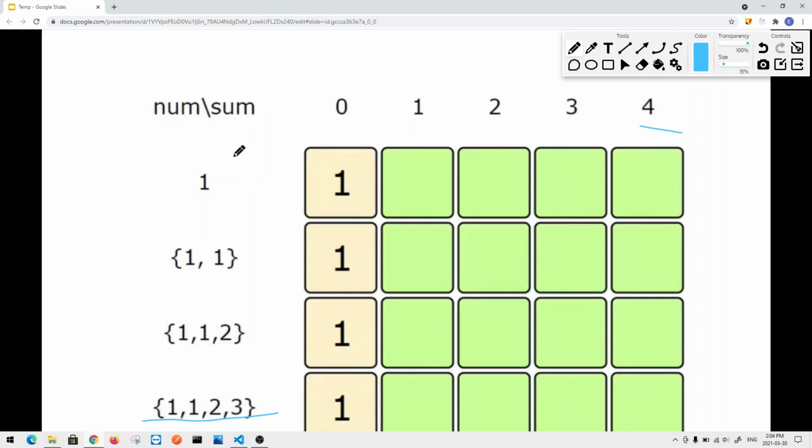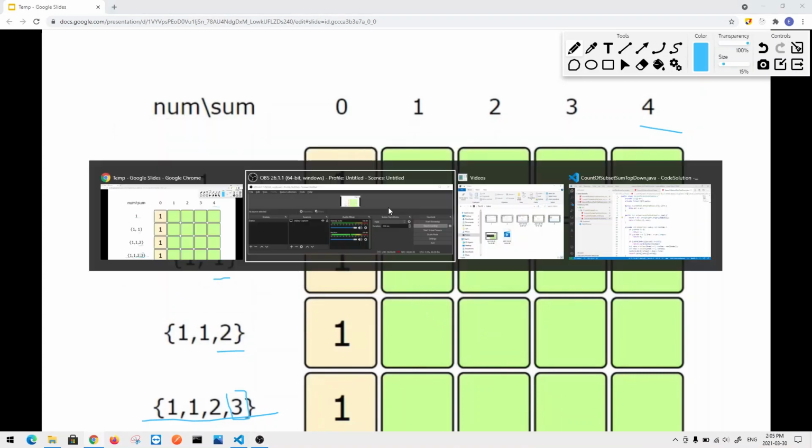And then for the rows, in this case, it's going to be all the elements that we have in the array. So for the first row, it's going to be the first item. Second row is going to be the second item. And the third row is going to be the third item. And then the fourth row is going to be the fourth item. So in this case, we're just going to compute each and every single slot, and if we computed that place before, we can just retrieve that in our